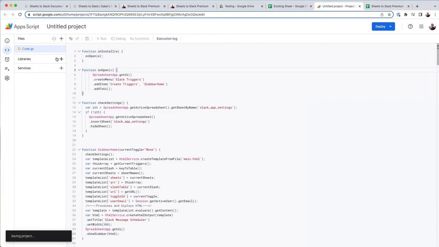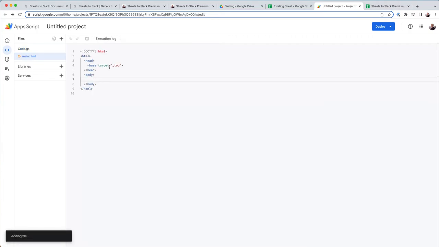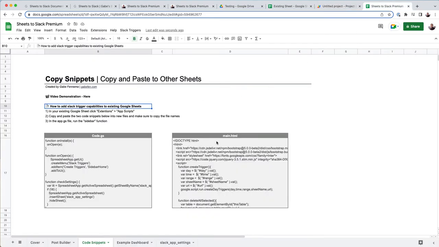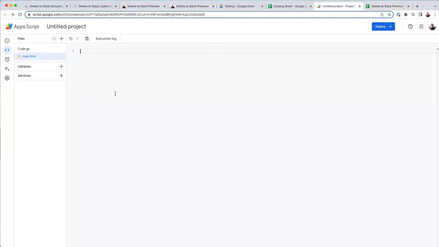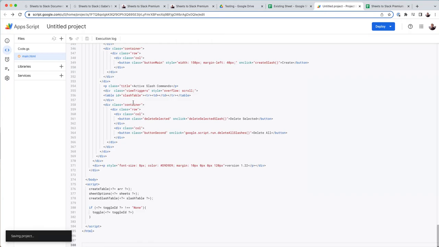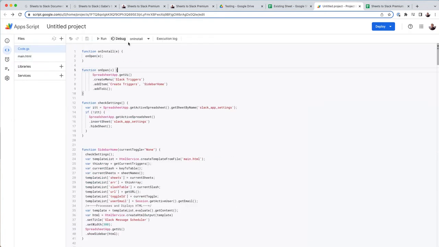You can save that with Control S or Command S, and you're going to add another file, an HTML file. So that's going to be main.html. Again, you're going to delete everything in here, go in here, and this has to be all lowercase, main.html. Make sure that name is correct. Select all, copy, paste, save it. And now all you've got to do is select sidebar.home up here,